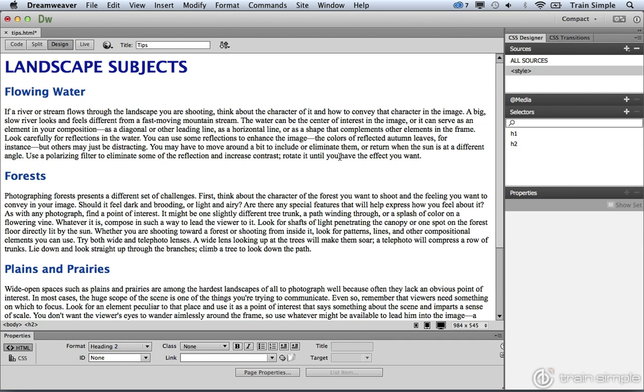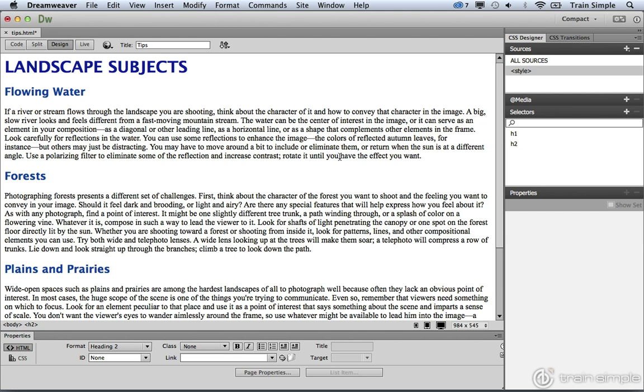Now, what we want to do is change the overall appearance of the text on the page. So we need to target the body element. But on top of that, if we ever work with tables, we want to make sure that the text inside the tables also appears in the same style that the text does on the page. Because of that, we need to create a group selector that targets not only the body element, but also some